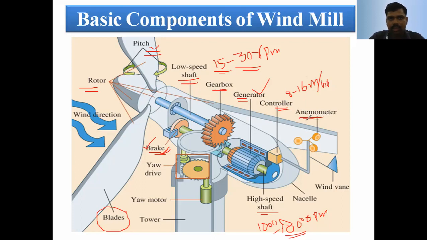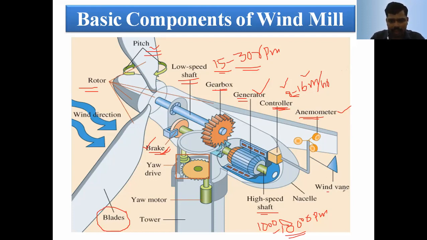The anemometer is used to measure the wind speed and transmit data to the controller. Based on the anemometer, we can measure how fast the wind is rotating. Generally, it is available at 8 to 16 miles per hour. The minimum speed is 8 miles per hour and the maximum speed is 16 miles per hour. If it crosses 16 miles per hour, the anemometer sends the signal to the controller, and automatically with the help of the braking mechanism, the wind blade is stopped without rotating.